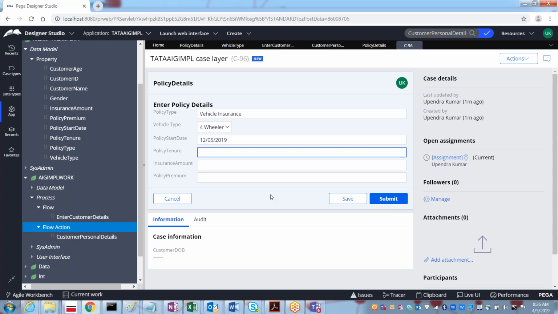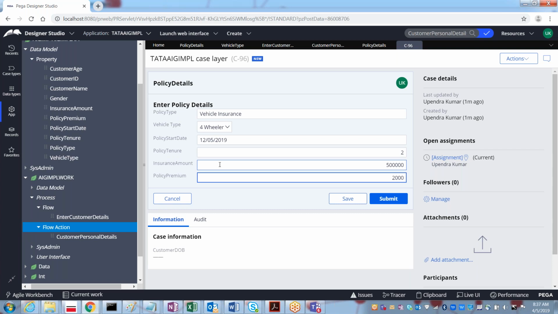And policy tenure: first, I would like to take the policy for 2 years. Then insurance amount: the insurance of the car can be 5 lakhs. And the policy premium monthly would be around 2000. Like that, we can enter the policy details.